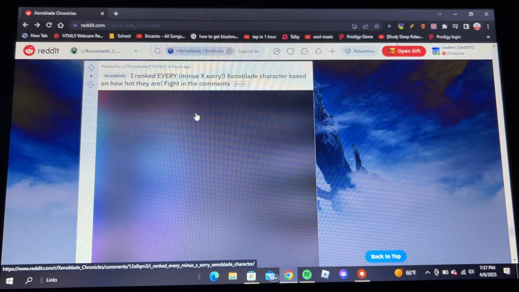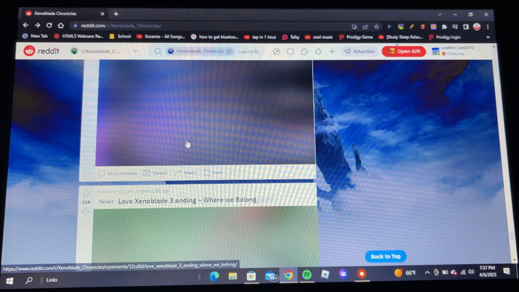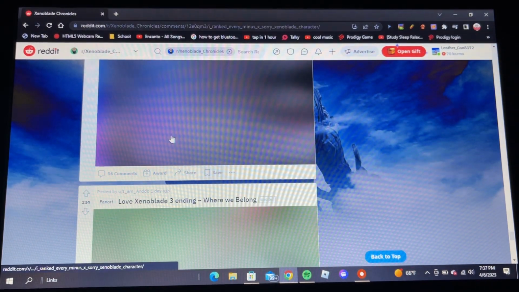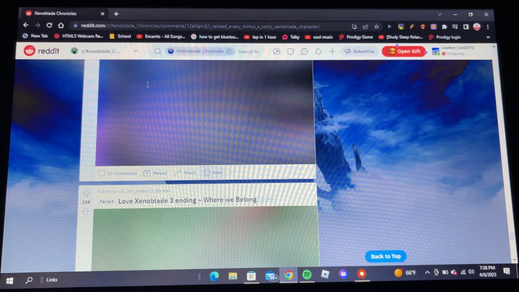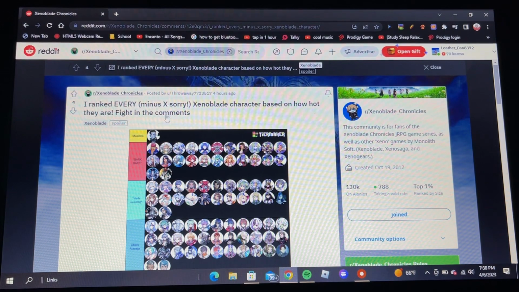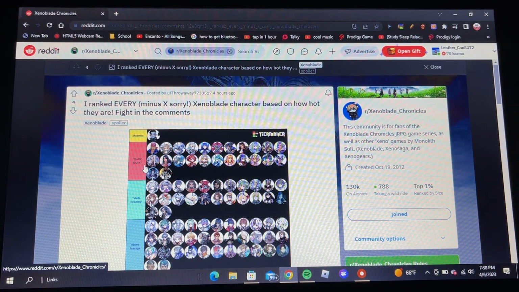I rank every character based on how hot they are. Ooh, okay, I'm clicking on this. Let's see if I agree. Because I'm obviously the best person to judge them. Moamba, yes. Bark bark, yes. Starts sweating, yes. Above average,